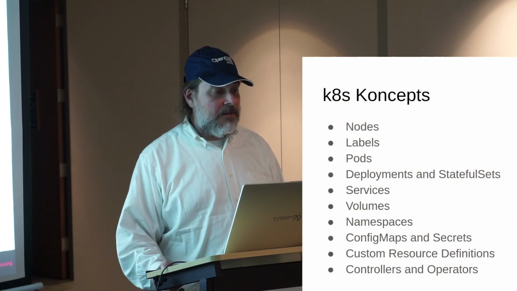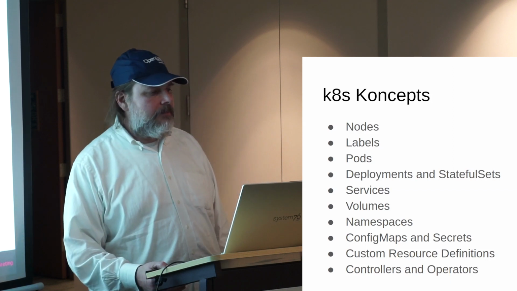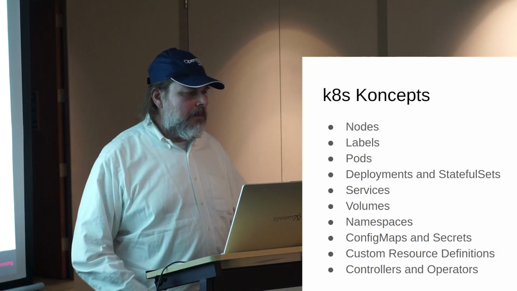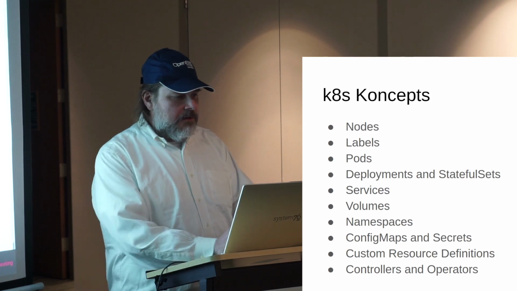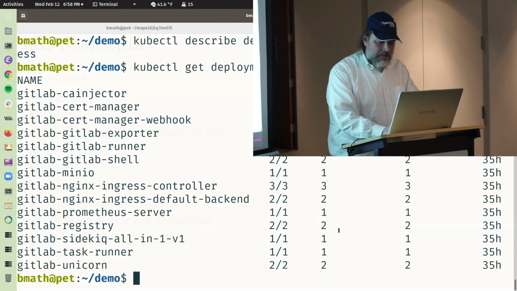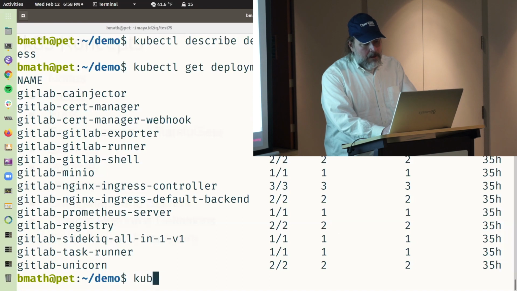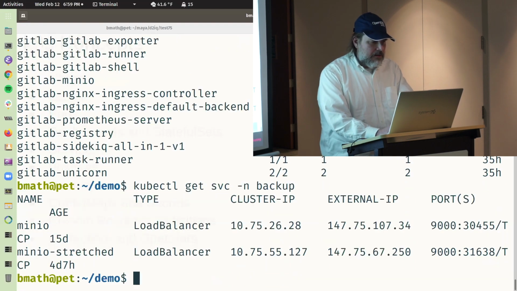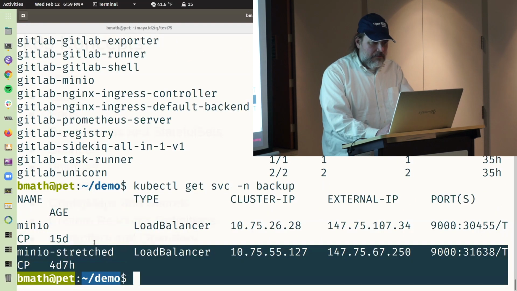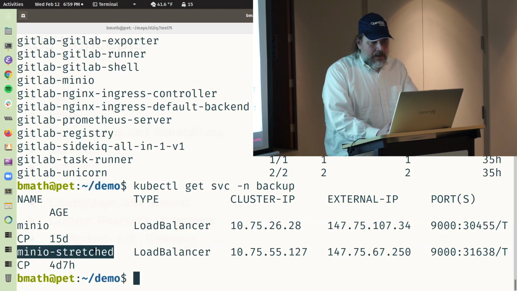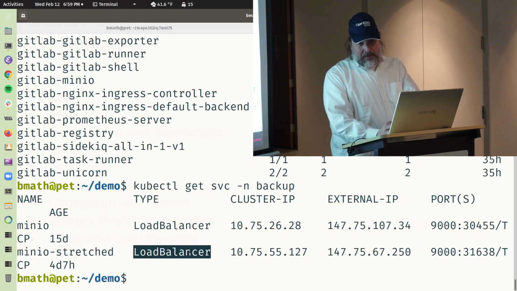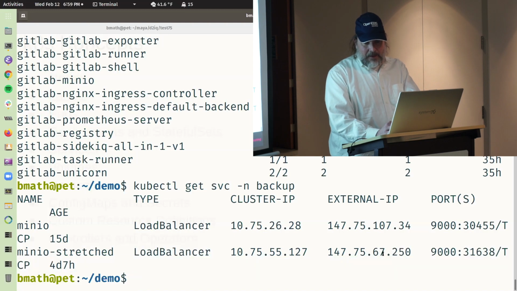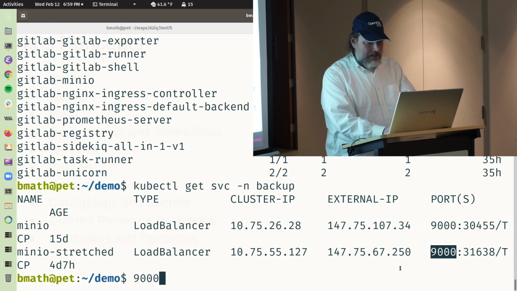Cool. Services. So not much use to all this code without being able to talk to it. And so services define how you connect to your application. And if you just take a look at one, it'll make perfect sense, I think. This is the application that we're messing with. It's sitting on a load balancer. Its external IP is this. It's on port 9000. We can telnet to it and make sure that it's there,